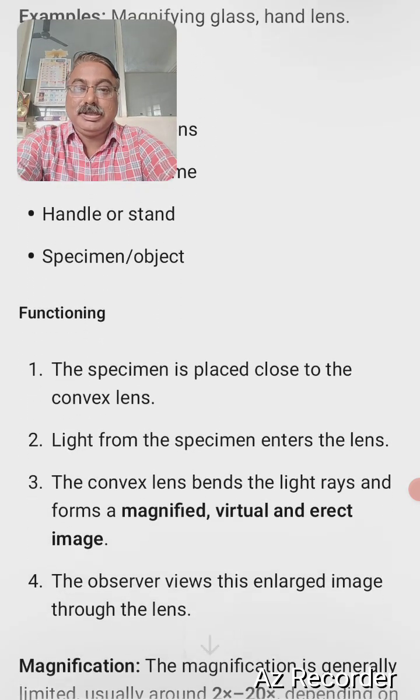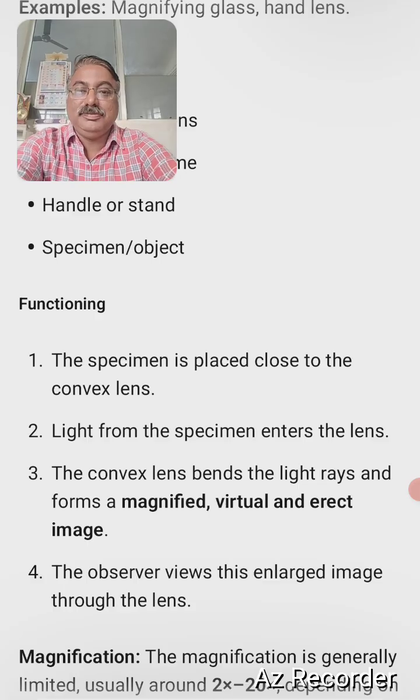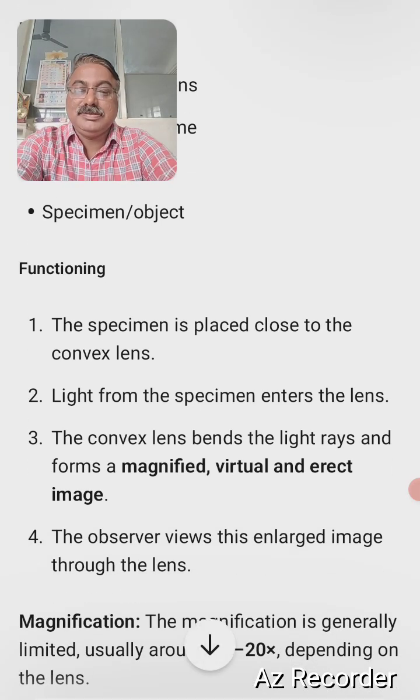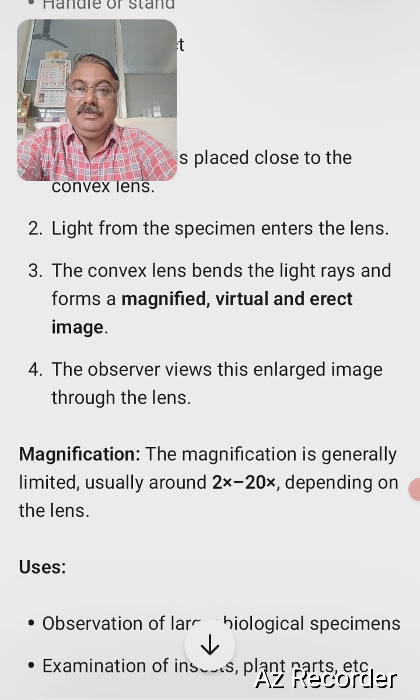Functioning of simple microscope: the specimen is placed close to the convex lens. Light from the specimen enters the lens and it is used to form the image. The convex lens bends the light rays and forms the magnified, virtual and erect image of the object. The observer views this enlarged image through the lens. Magnification achieved by a single lens is about 2x to 20x depending upon the type and quality